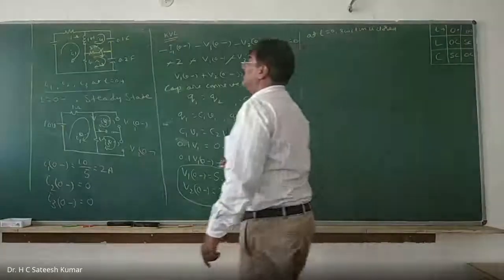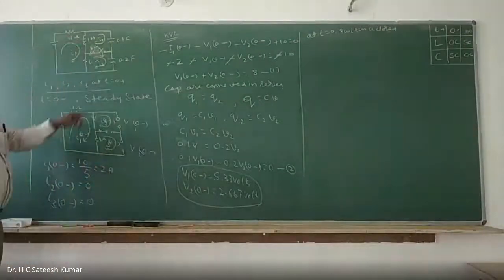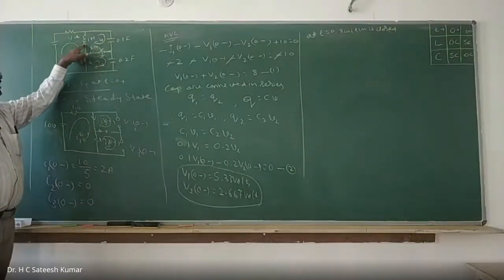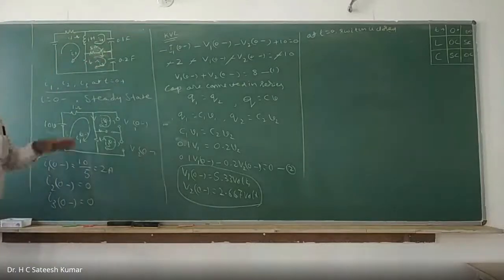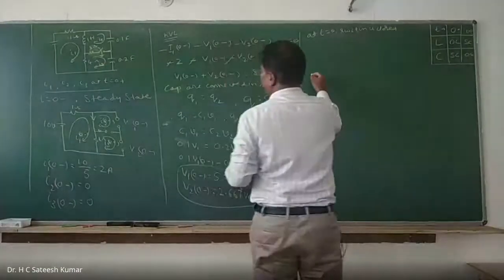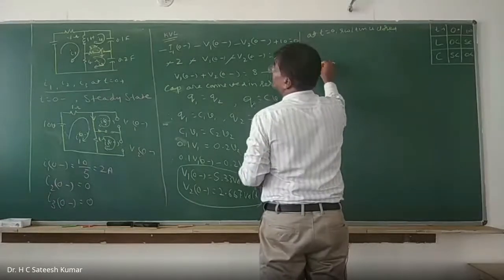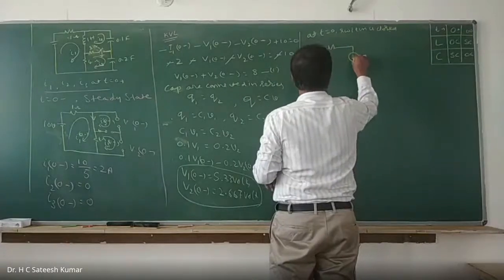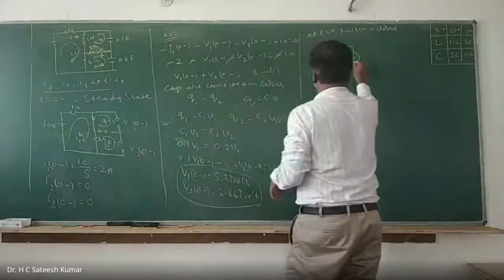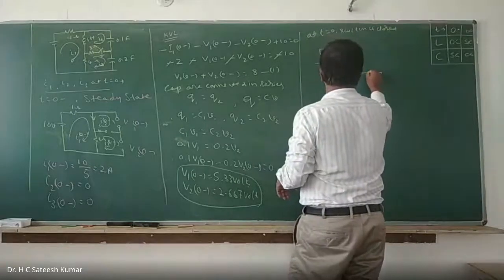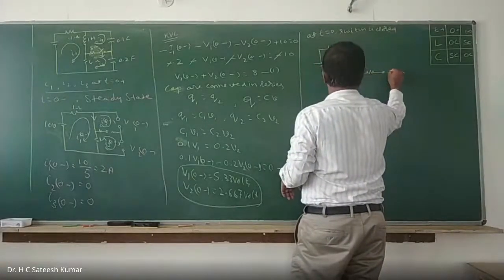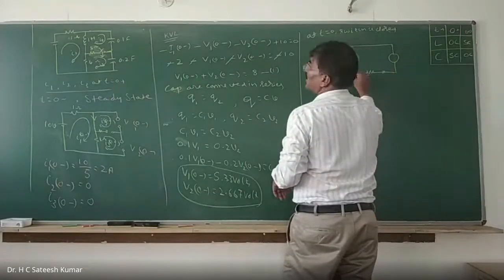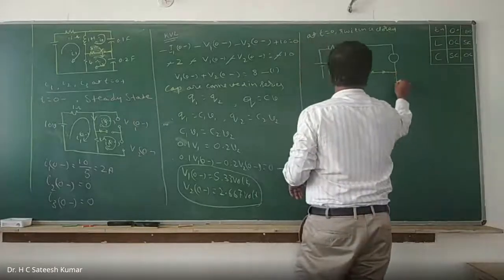Initially there is a current flowing through the inductor. Initially there is a voltage across the capacitor for both of them. So therefore this inductor becomes a current source. These two capacitors become voltage sources. Therefore rewrite and find out. So this becomes a current source like this, because current is flowing in this downward direction. And this resistor, after the switch is closed, we can write it this way. And this is another voltage source.